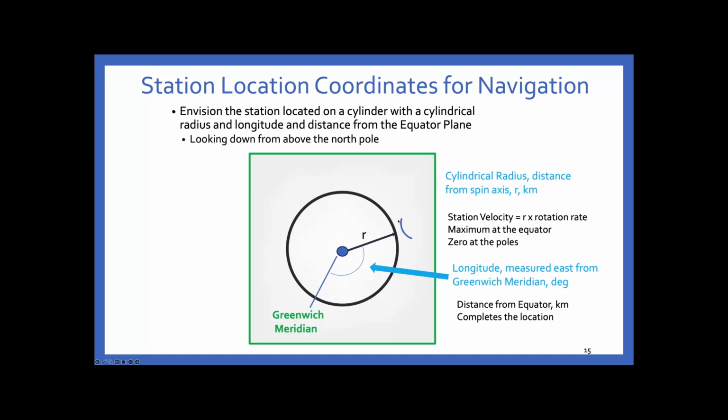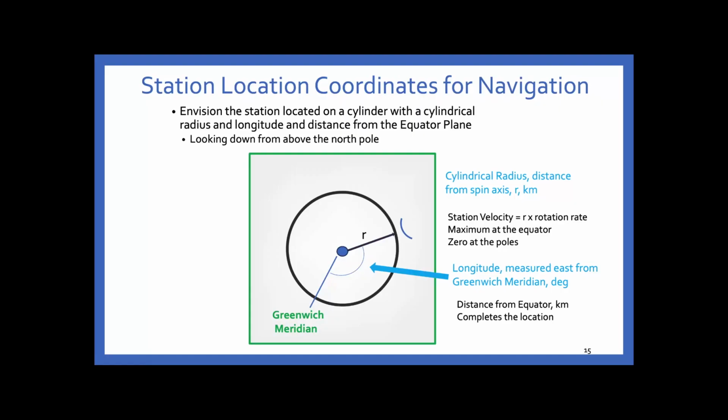And somewhere on the surface of the Earth is a tracking station whose distance r from the axis of rotation. This is the cylindrical radius, or distance from the spin axis, and we work in the metric system with that. So this is in kilometers. Now the longitude, of course, is measured east from the Greenwich meridian. And to complete the definition, the distance from the equator plane, we call that the z height, completes the definition